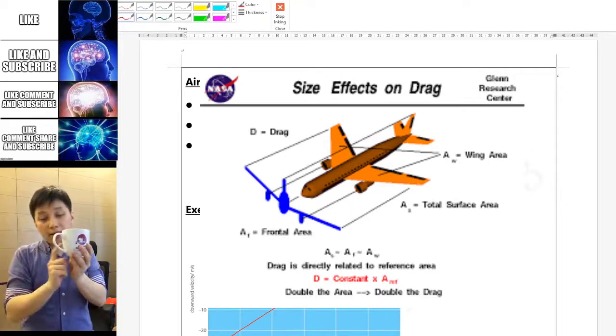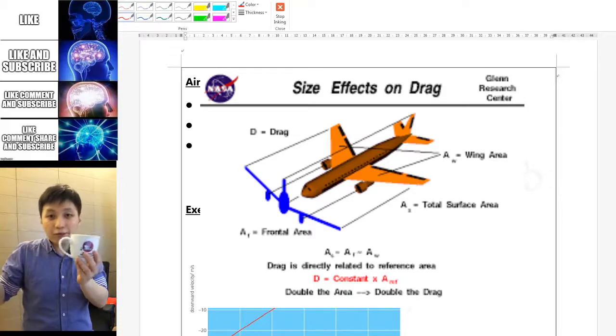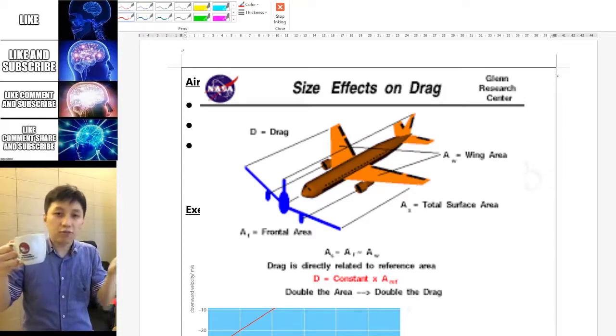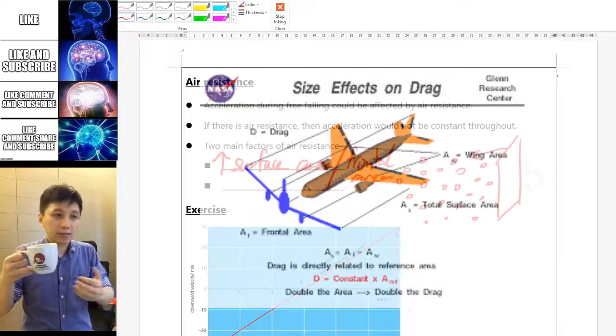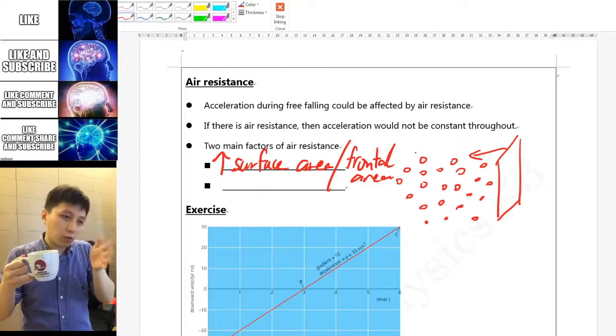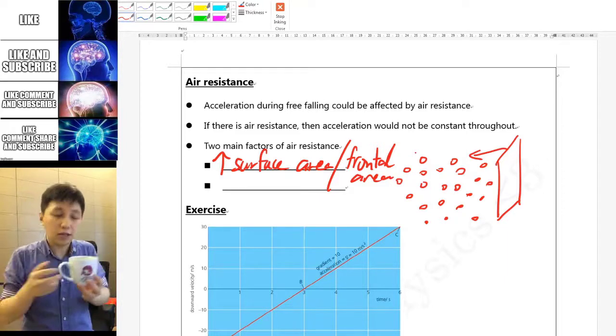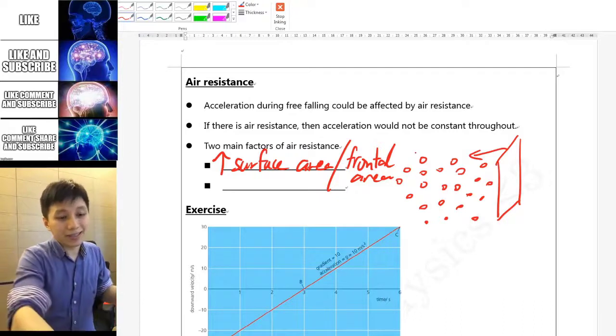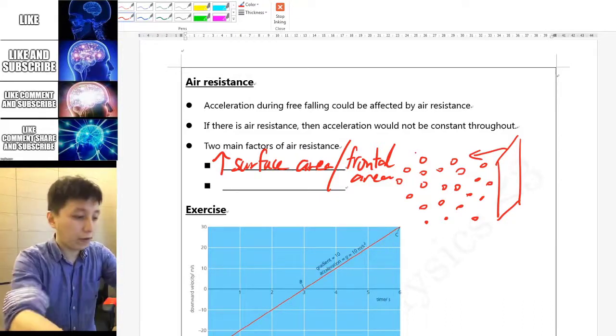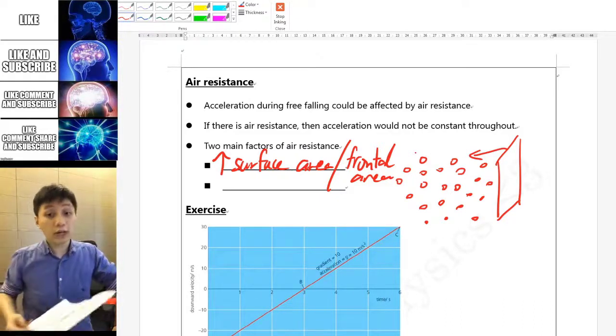the area at the back and also this handle has nothing to do with the collision with the air, so they should not be accounted. So using the word frontal area probably will be, well, it is more precise than surface area. However, surface area would already be accepted in IGCSE. So this is the first factor that you can think of, and I would like you to actually do an